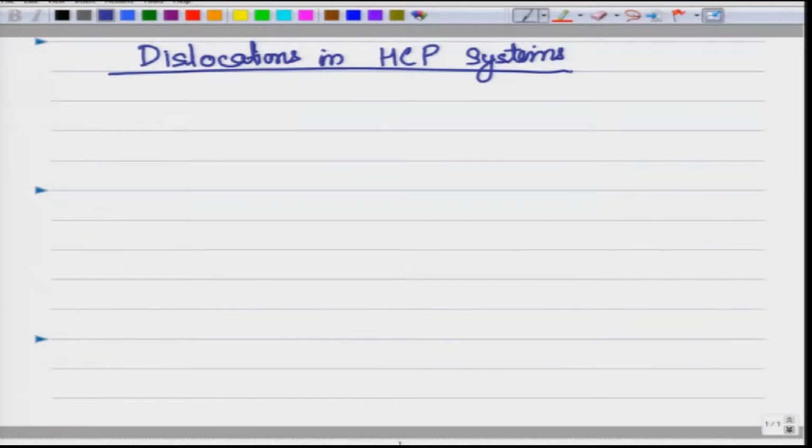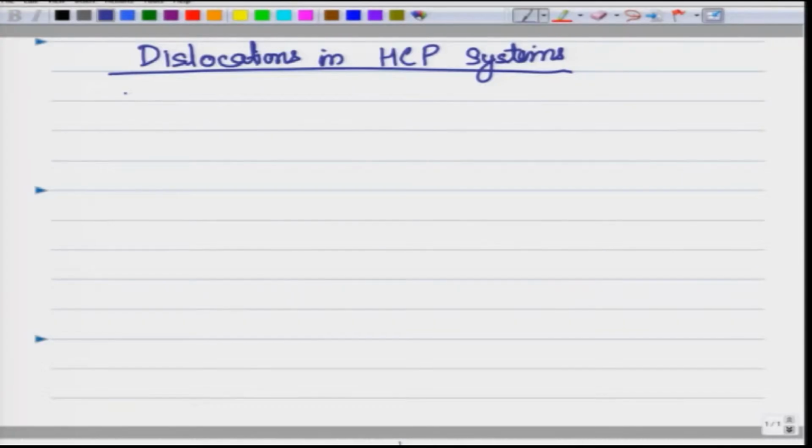Now when we say hexagonal, you all realize that hexagonal is not really a unit cell; the unit cell is rhombus type. So how does the hexagonal system look like? This looks like